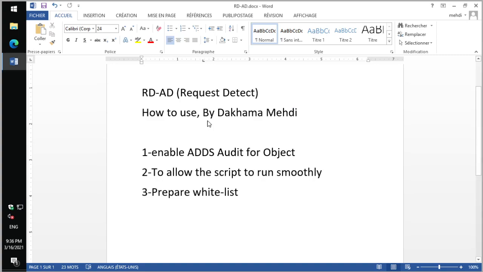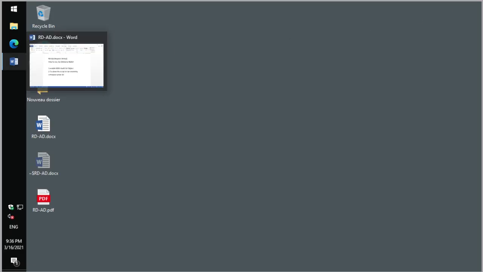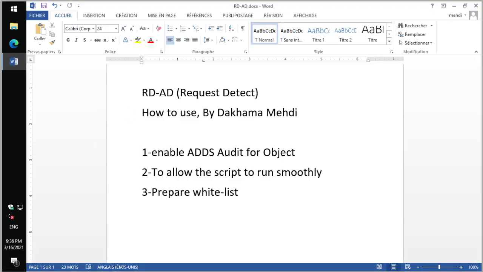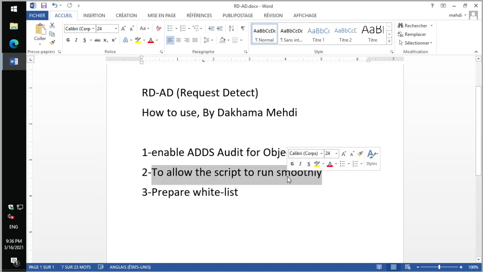I will show you how to use the script to detect and prevent attacks on your Active Directory. First, we can do it in 3 steps. Enable audit, it is necessary. Create a list for fast detection and edit the script where we want to detect or stop, and